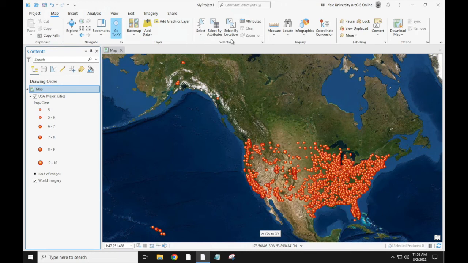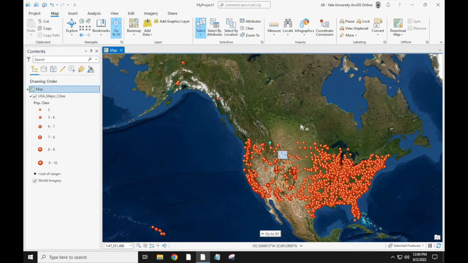All right, the next neighborhood here, the selection neighborhood, is so important. I'm going to do an entire video on selection. However, I do want to show you just the select cursor right now, because you'll see what I was talking about having more than one cursor. If I click on select, don't pull down the drop down, just click on select, you'll notice that my cursor changes. And instead of popping up information or being able to zoom using my cursor or pan, instead this allows me to pick